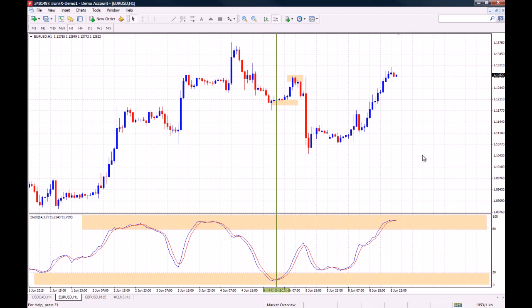Now, what is cool about the stochastic oscillator is that it gives you, surprisingly enough, areas where you are going to find the best risk to reward scenarios. For instance, right here you can see that the stochastic oscillator is about to cross over right at these highs right here. You can see that we traded to and rejected this area once, twice, and now we are trading right into this area,